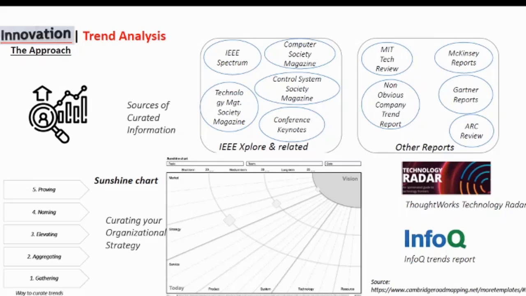a sunshine chart like this, as you see here, where we put it across the board with respect to short-term goals, what we want to achieve, medium-term and long-term, and how in the short-term, medium and long-term these trends would have an impact. It is also important to understand the technology maturity to put it in the right place, because if the technology is still maturing, maybe we don't want it to be imbibed in the immediate term. So capturing trends in our landscape plays a very important role, and I think we will address one of the major approaches like the three-layer product model, which can allow us to put these trends into a layered approach as